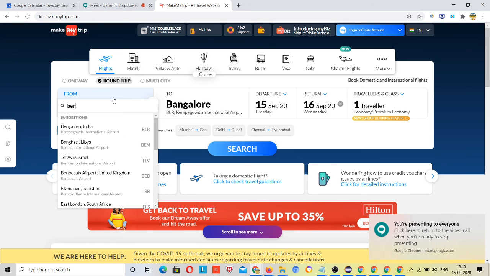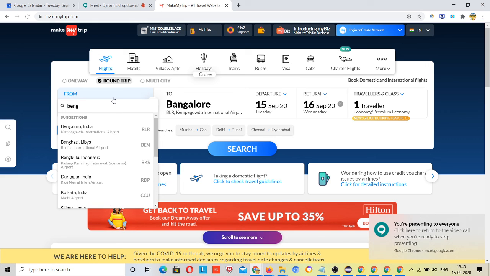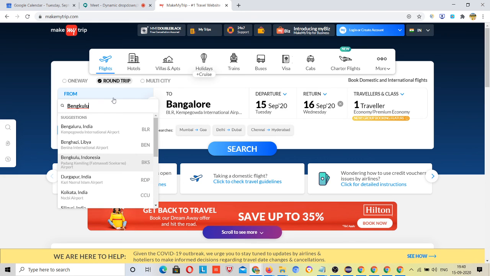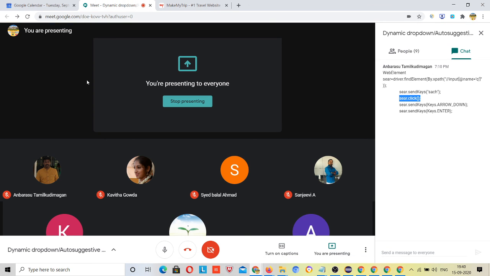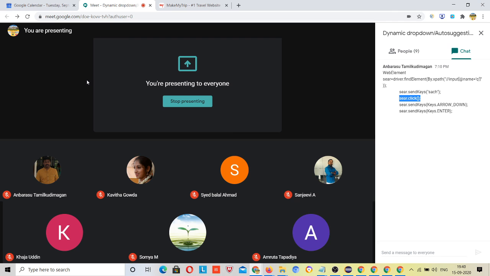And once I type beng, what I have to do is select this Durgapur India, right? Try with keys down, here it should work, and also keys down as well as that method I have told you. This is your assignment, and maybe Sumit will give another assignment, but this is your assignment for the class.